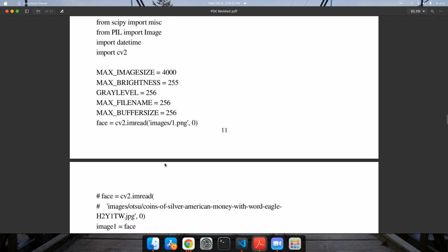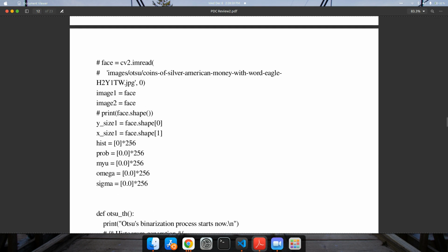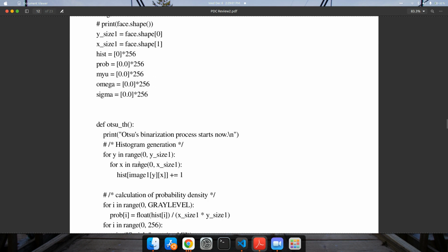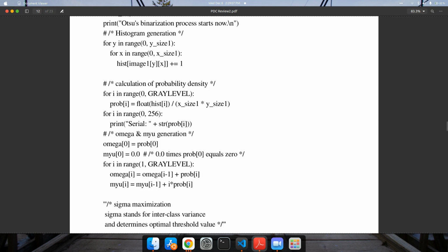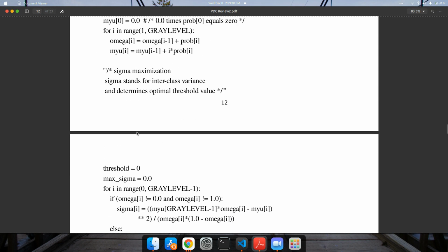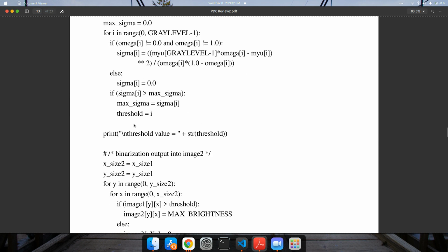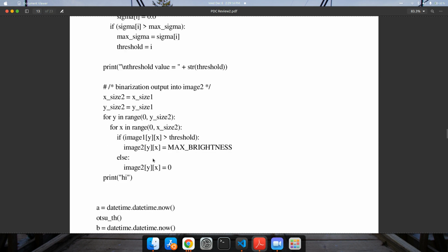This is our serial implementation. I've used the same libraries, but here the algorithm is different. This function is used to calculate the optimal threshold. So this is the algorithm.